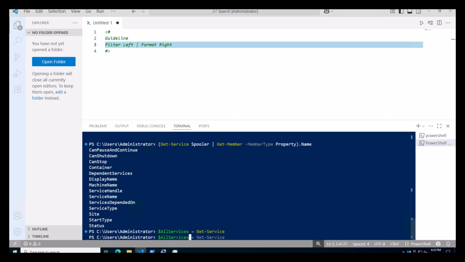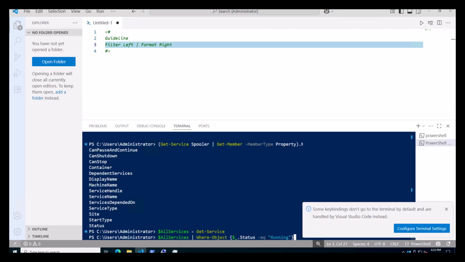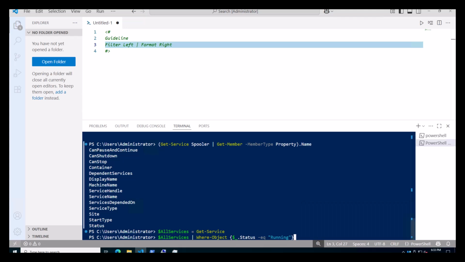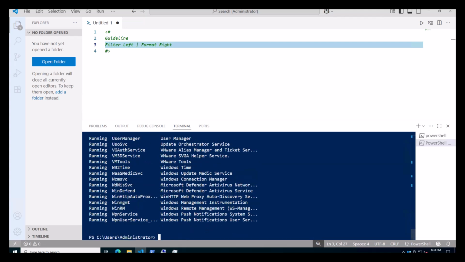So I'm going to use my tab completion. Then I'm going to paste that in. Okay. Notice VS Code is going to remind me about that. Now I see those that are only running. If I wanted to further restrict, I could do some additional Where-Objects where status is running or status